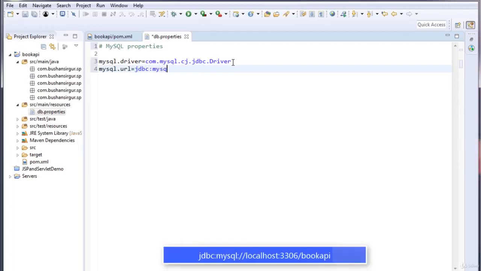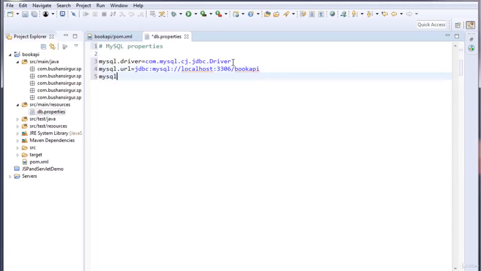jdbc:mysql://localhost:3306/ and the database name. In the previous video, we created a database which is book API. And the third property is